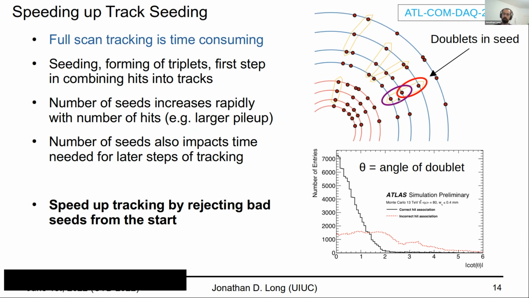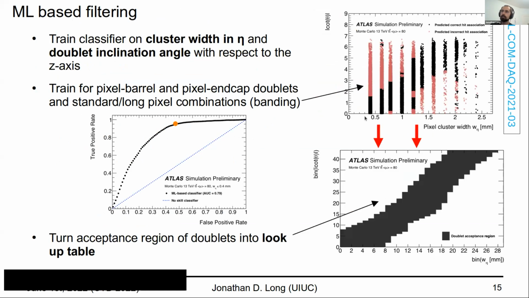And to do this, we're going to make use of variables which have some separation power between hits which will correctly be assigned to a track in black here versus those which aren't. One example of that is the angle of this doublet off of the beamline or z-axis. To do this, we trained a classifier on the width of the cluster in eta and this inclination angle. So on the top right, you can see the region which is predicted by the classifier to have the correct hit association, and you see it's kind of a band here. So that band gets turned into a lookup table